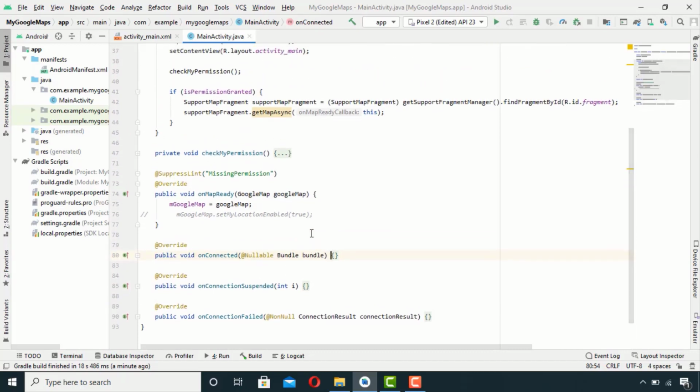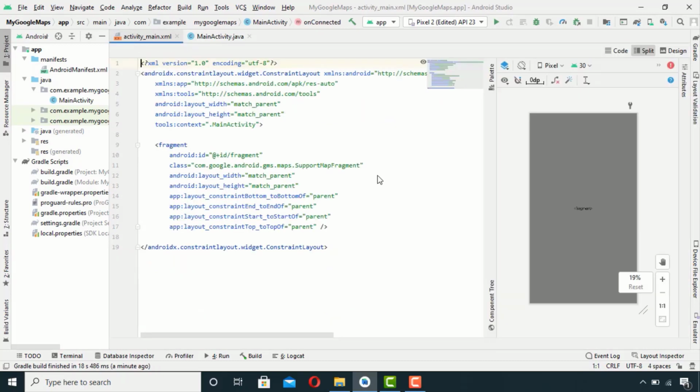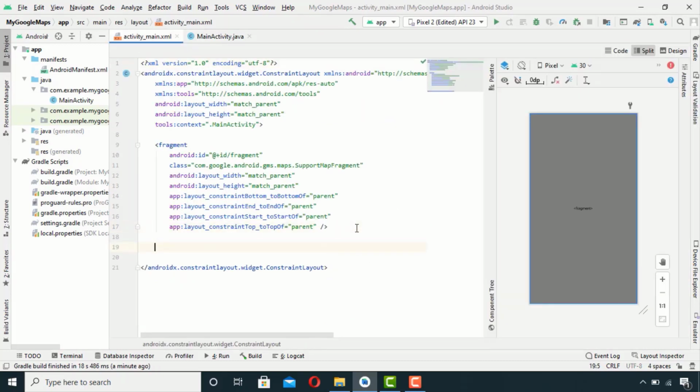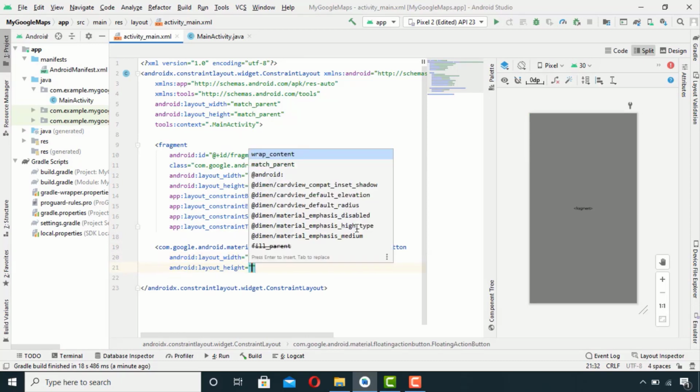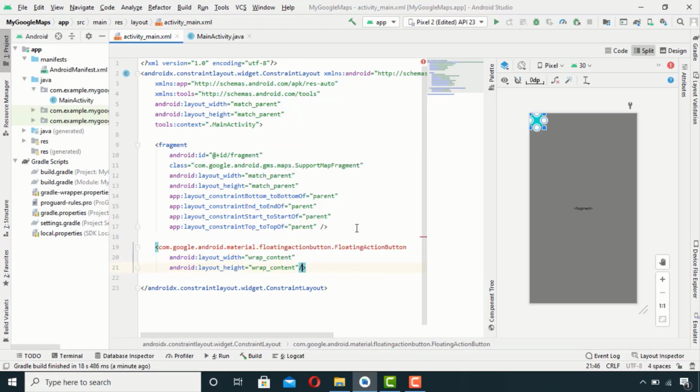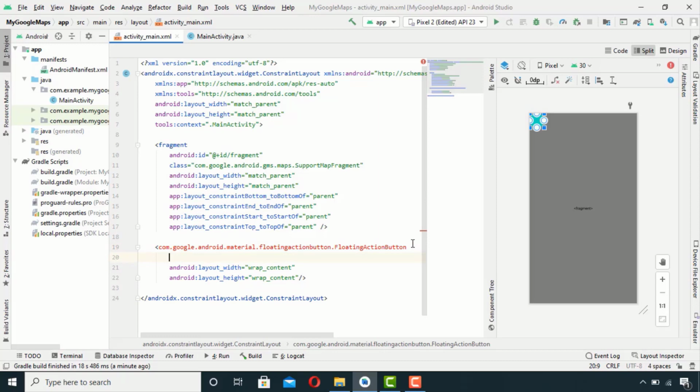So now I need a button, and whenever I press that button, it will show me my current location on the map. So let's go to the XML file and I will add a floating action button here.